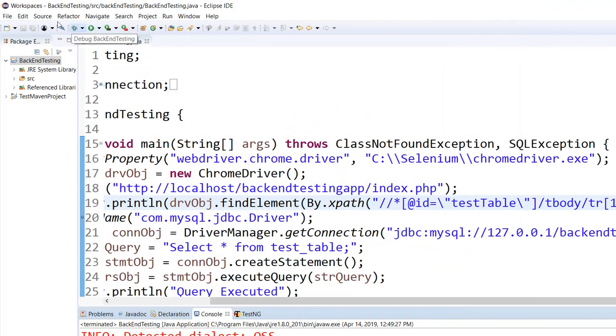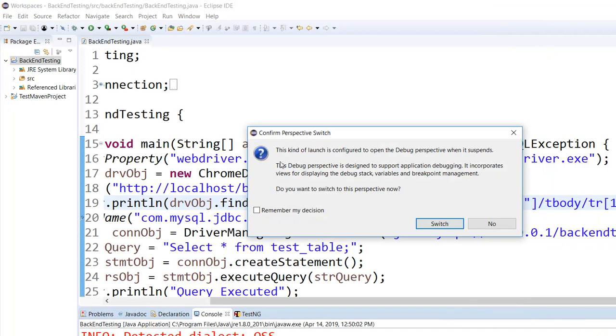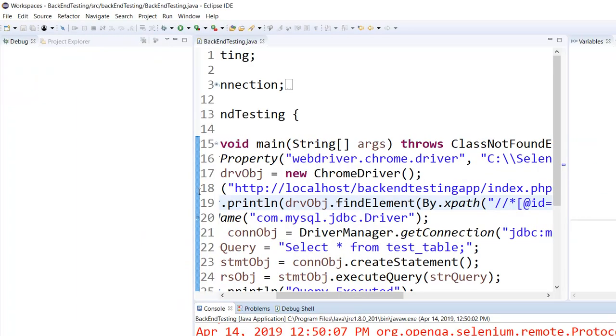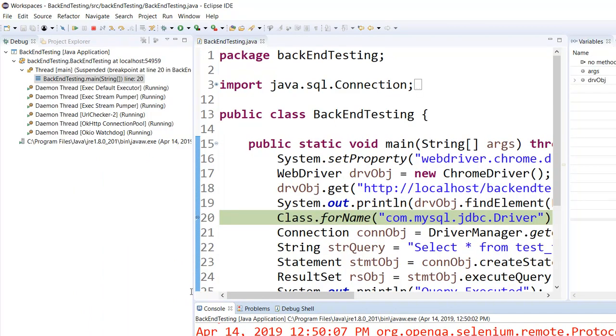Now let me do a debug. I have a breakpoint, so it will be stopping here. But before that, can you see it has printed 100? How? So if you take a look,